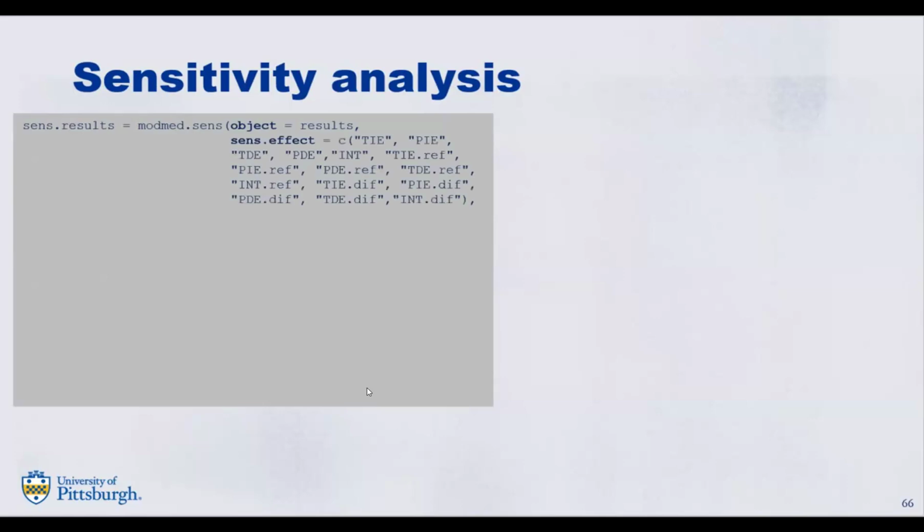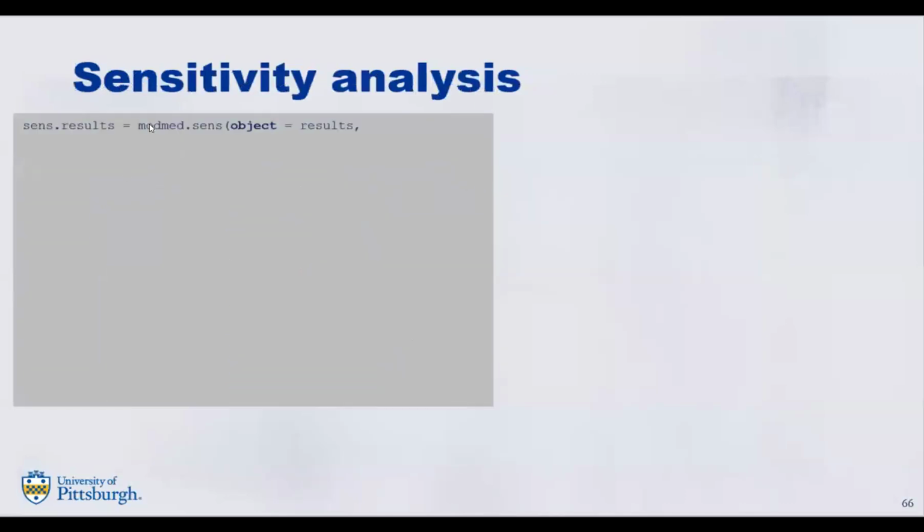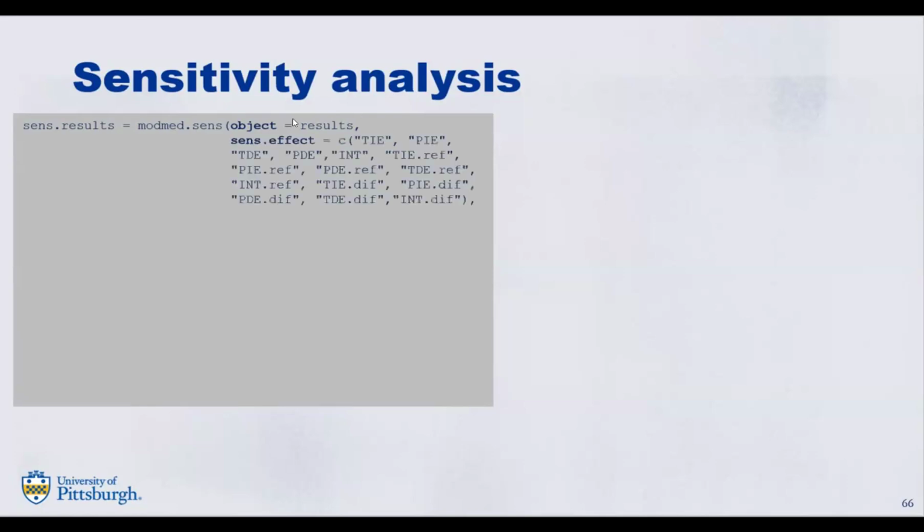And here you run the function named modmet.sense. First of all, you tell the program the name of the original results, which is results. Remember, earlier I saved the modmet results as results. And now you tell the program I want to conduct the sensitivity analysis for the original results named results. And here, sense.effect